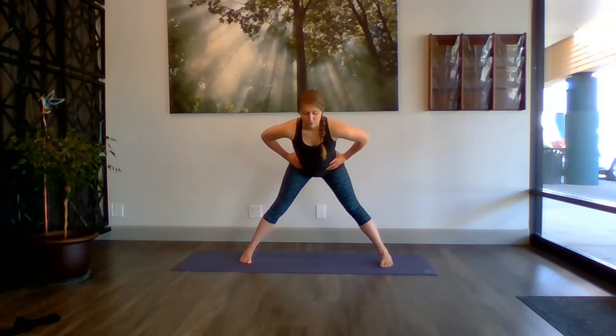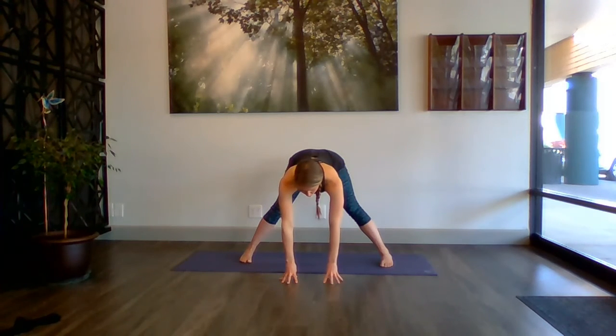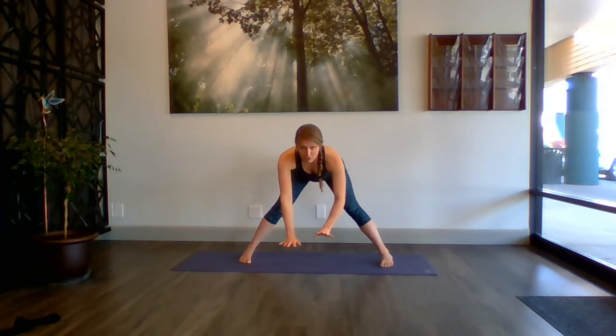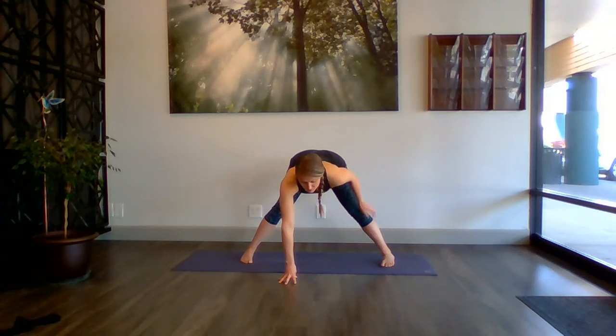Exhale, hinge at the hips, and come forward, taking our hands down into the floor. If you have blocks at home, you can build the floor up to meet your hands here. We want to find a spot where we are stretching through the back of the legs and not rounding into the low back. Take a nice deep inhale